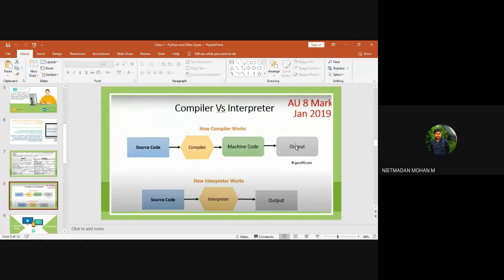This is the work of a compiler, right? The interpreter does not generate machine code, it will directly produce the output. This is the difference between the compiler and interpreter.